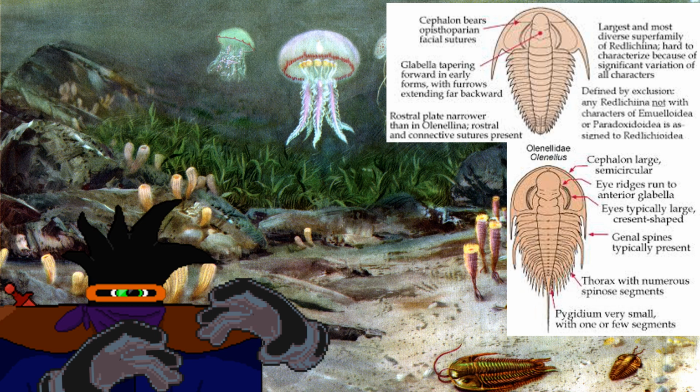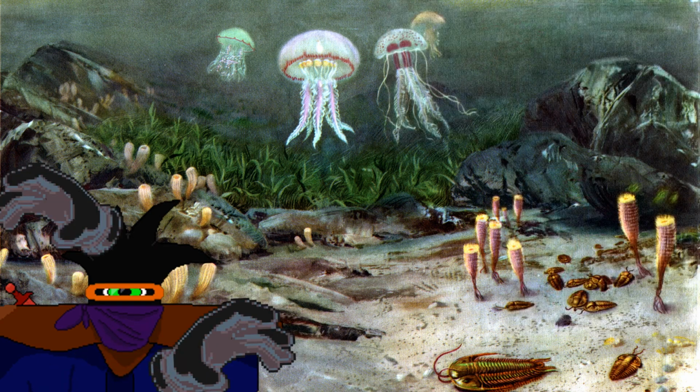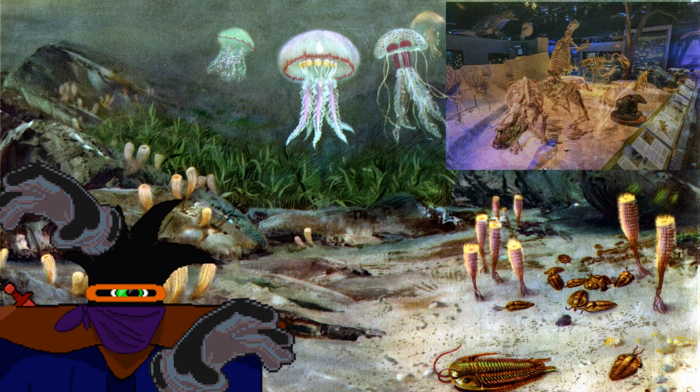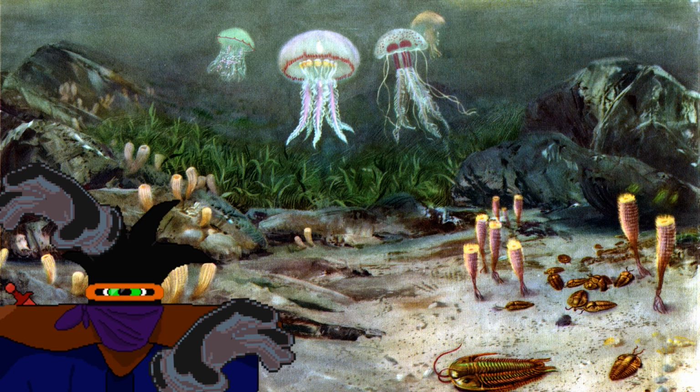They also have more flattened exoskeletons and tend to have large eyes and very small pygidiums or tail segments. Of course, these are generalities, and as is true for pretty much all orders, even with these diagnostic traits listed, there are exceptions to these rules, but these are just the general traits that you can look out for if you want to identify this trilobite. If you find a specimen that you can't identify, take it to your local museum and they can help you out. Now that we've discussed these diagnostic traits, let us go on to the internal taxonomy within the Redlichiida.